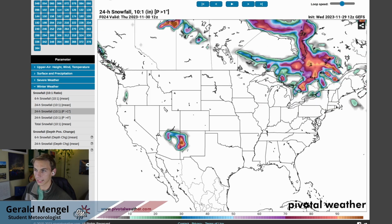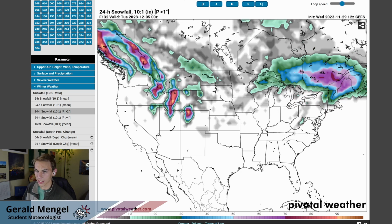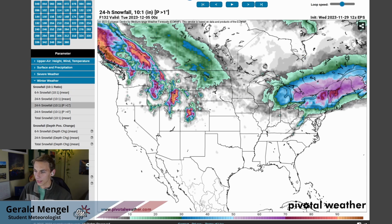Now, taking a look at the same map, but with our GEFS ensemble members, again, a pretty similar picture, same kind of area, having that shot at some snow, although with the GFS definitely more confined towards the interior Northeast and into sections of Canada. So, some different places here being shown. The Euro ensemble members a lot further south with their chances of snowfall than the GFS, but nonetheless, there is